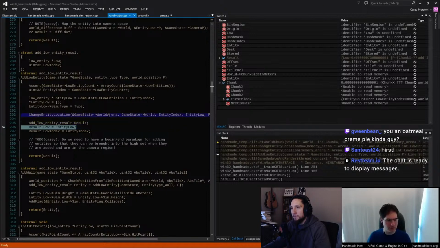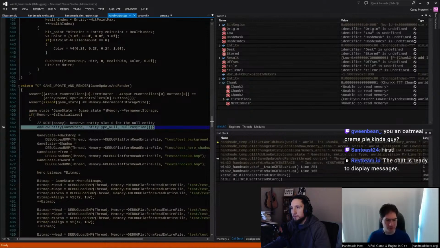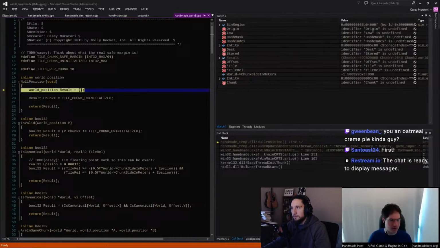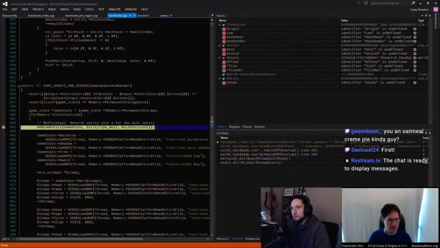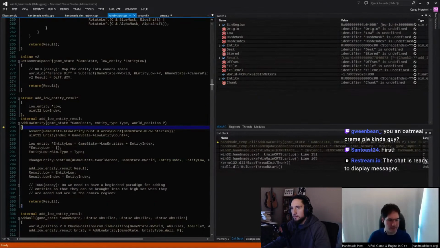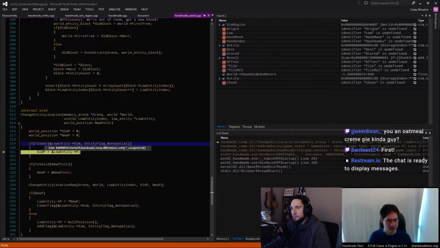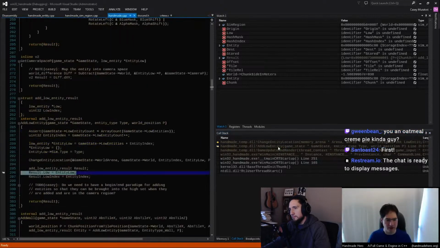Let's see here. So we're in this call. Is this the first? Where are we on this? Okay, so it's our first one. So let's go ahead and step in there. That's good. So we do our add low entity. Our add low entity is going to initialize that to essentially the invalid value. Then we go in to add it. It's going to do the add, and then it's going to try and call that change location. Well, that's true. So we actually have to also check to make sure that that is a valid value, and